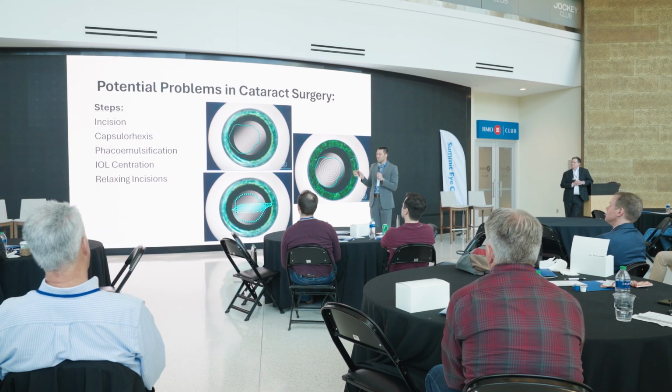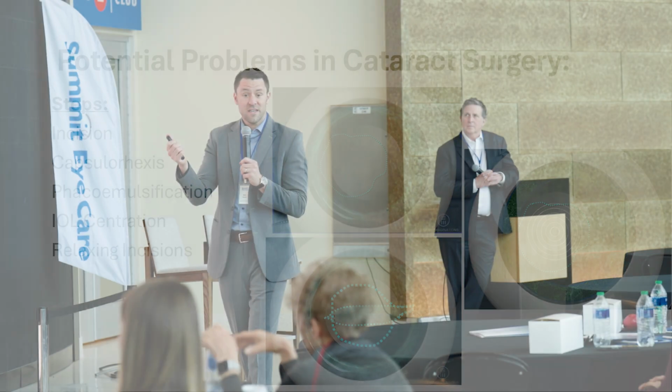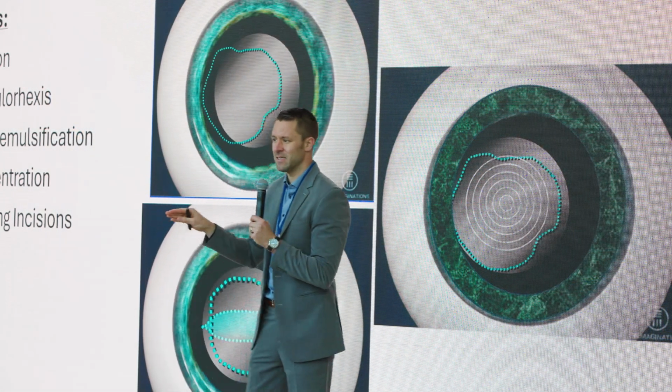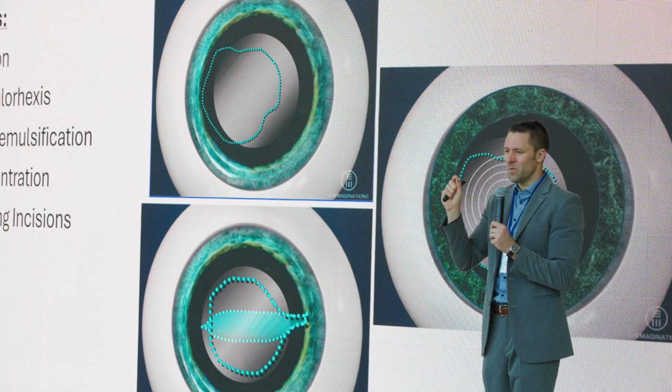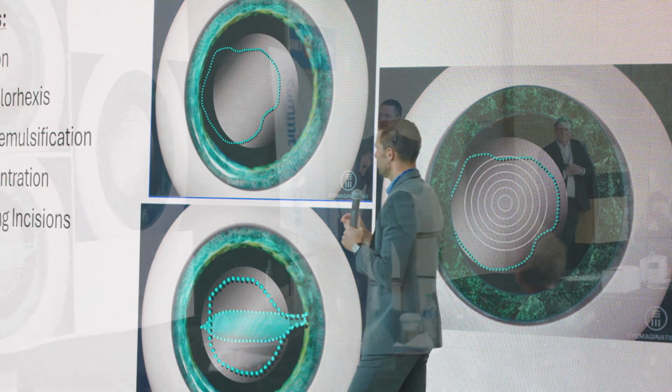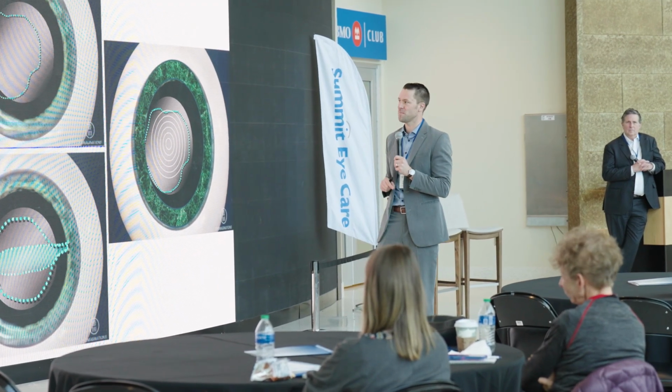So if we really boil it down, there's 5 big steps in that process where things can go wrong. The incision, like I said, if it's not watertight, that means you've got either fluid coming out of the eye, or even more dangerously, you've got an avenue for bacteria to get in. The word endophthalmitis is kind of a curse word in our clinic. We don't like that. That is a very bad thing. So we want to make sure that we leave our patients as safe from harm's way as possible by having